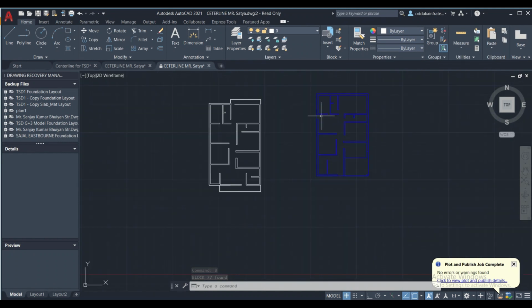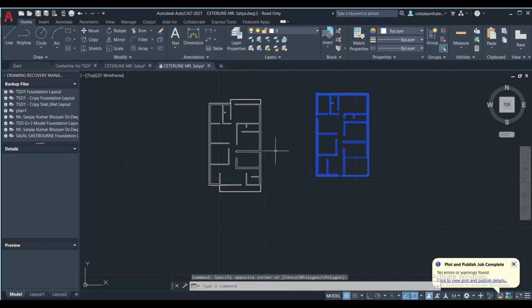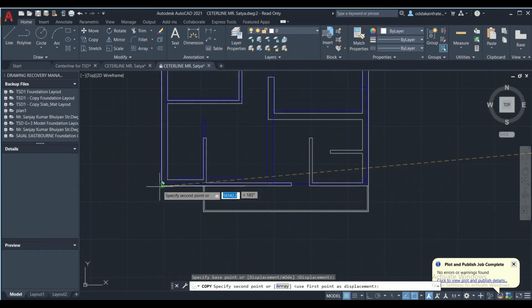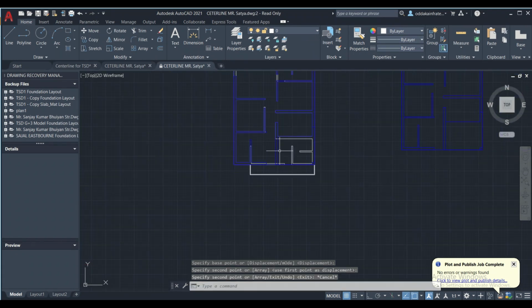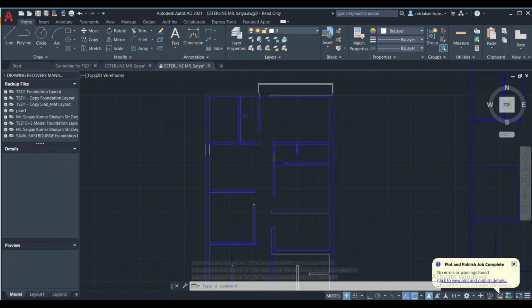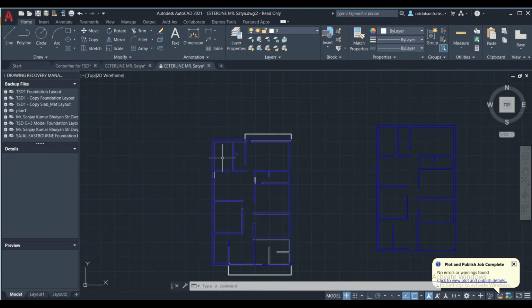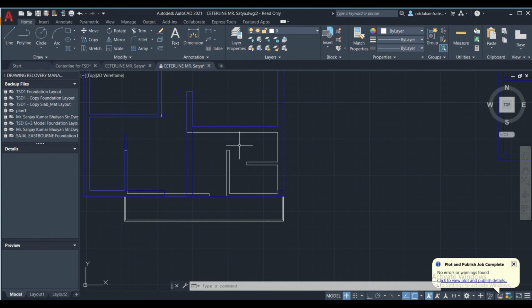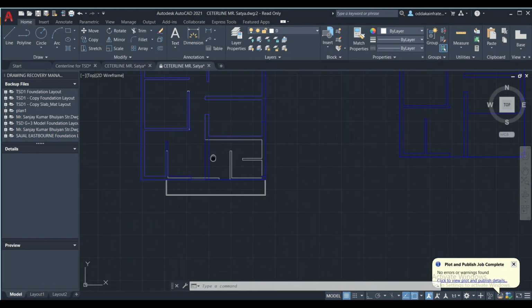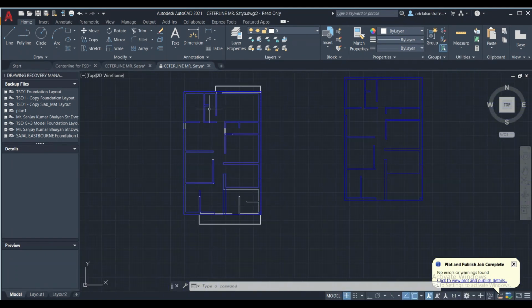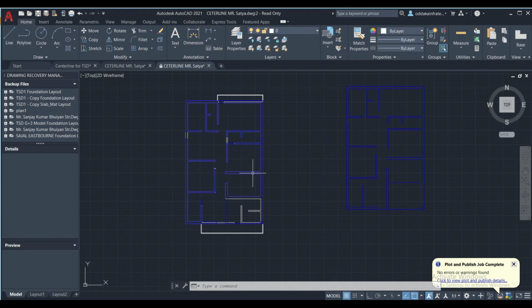Now we'll see whether this ground floor plan overlaps with our first floor plan. You can just select this, copy, and then paste it here. As you can see, all the walls of the ground floor overlap with the walls of the first floor. In this portion we have some extra secondary beams in the first floor, and all the remaining things are the same, and we have a balcony in the first floor which is extra. The remaining everything is the same here.